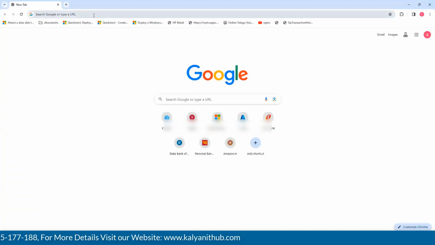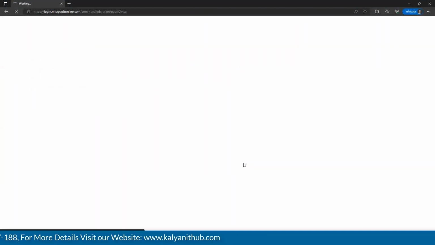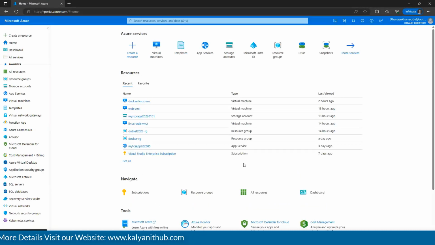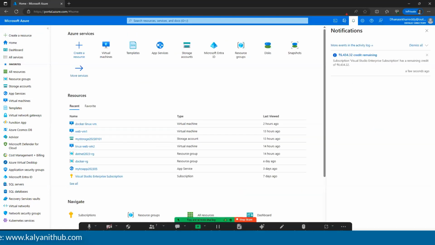So I am accessing my Gmail. Next. This is the Azure portal.